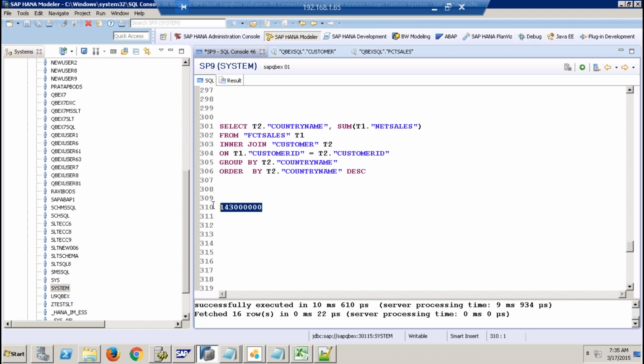I'm getting this data. Next, from within the same result set, I would like to filter saying where my net sales is less than this value. The 14 lakhs or 1 crore 43 lakhs, I don't know. 1 crore 43 lakhs, I think. 14 crores 30 lakhs. Okay. So now what I want is